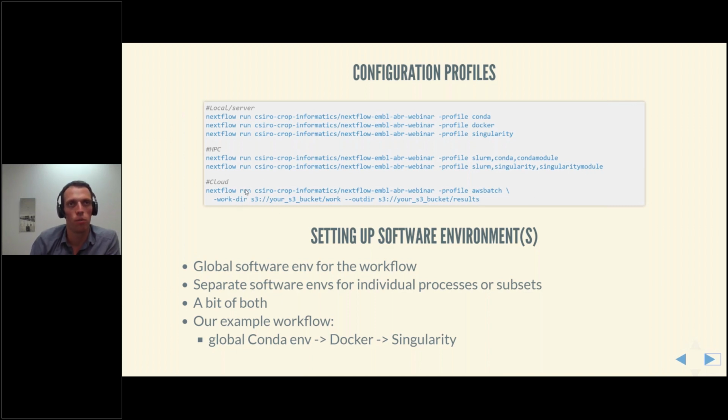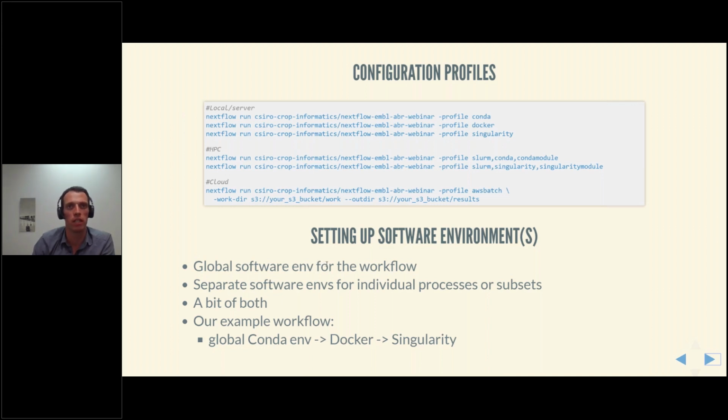Now, we also are able to run the same workflow on the cloud. In this case, it's the AWS Batch system. You could also use a few of the other alternatives. This is probably at the moment with Nextflow the most mature option, but I know that development of Nextflow integration with Google Cloud is improving as well. And there's also an alternative way of using AWS directly using an Ignite-based setup.